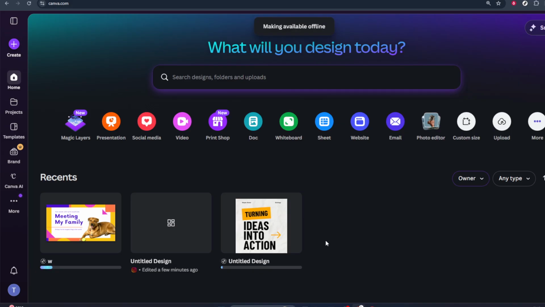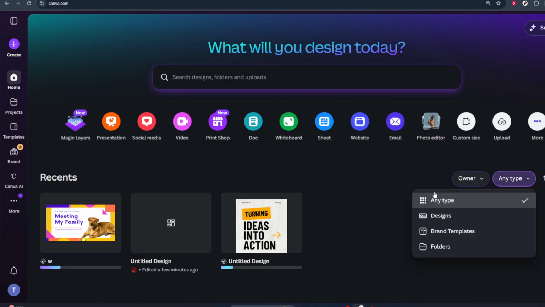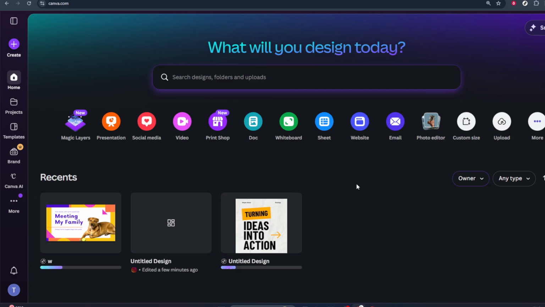Give it a moment to process, especially if the design is large or contains many images and elements. Once it's done, that design will be ready for offline use. It's a good idea to repeat this process for any other designs you know you'll need access to while you're offline, and that's all there is to it. By going to the home page, selecting your design, clicking on the three dots, and choosing Make Available Offline, you ensure